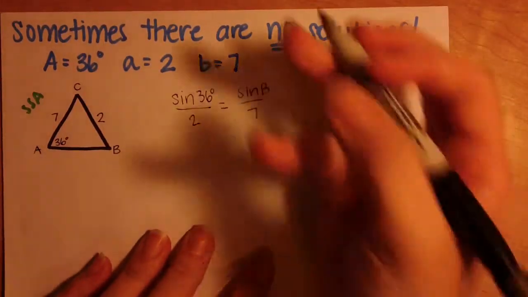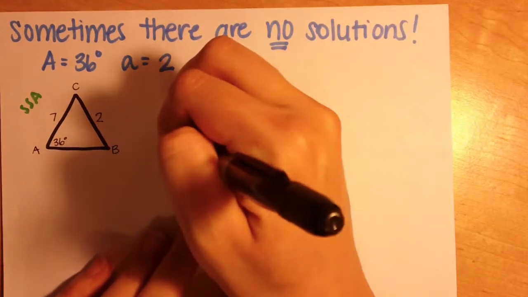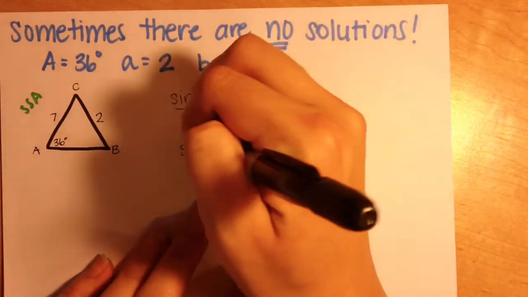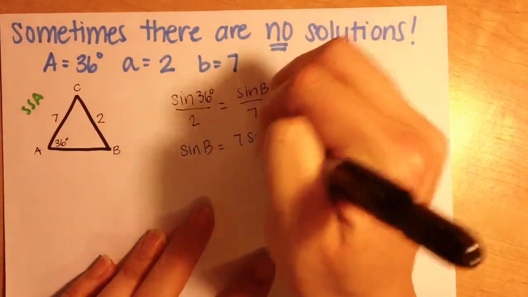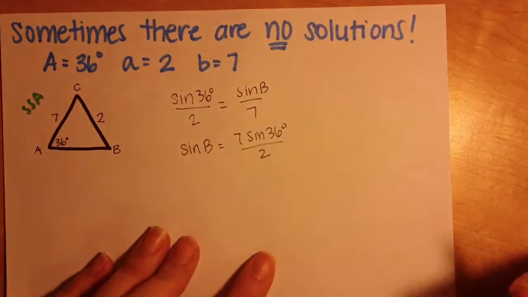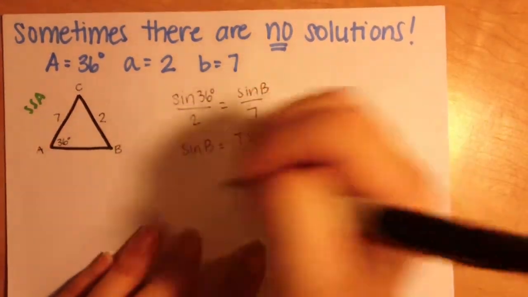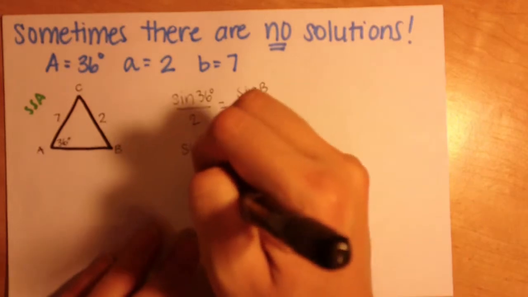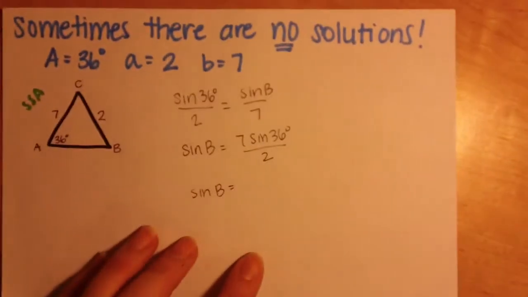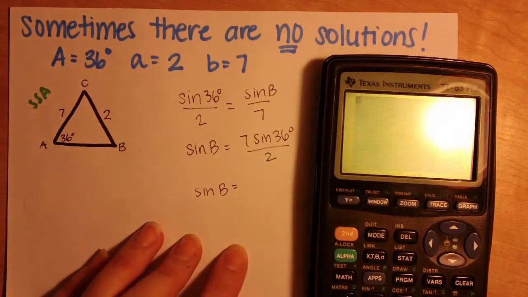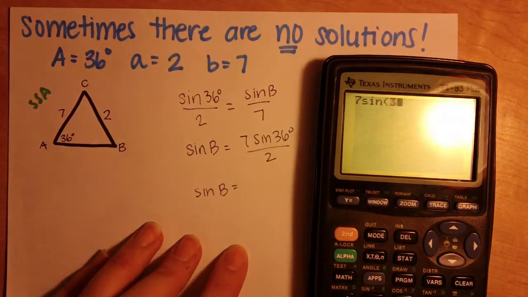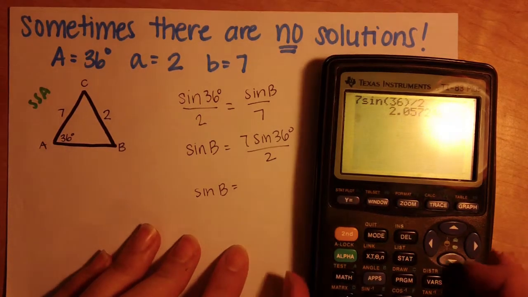Okay, so to solve, we'll get sine of B equals 7 sine 36 degrees all over 2, and if I put this in the calculator, I'll have 7 sine of 36 divided by 2, and that's 2.057,